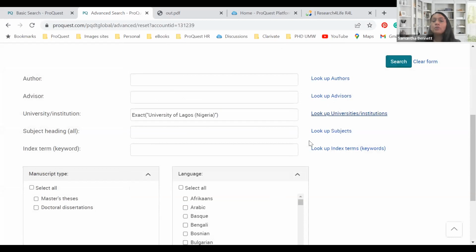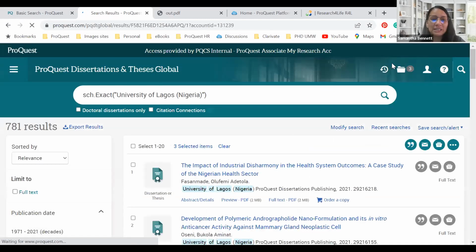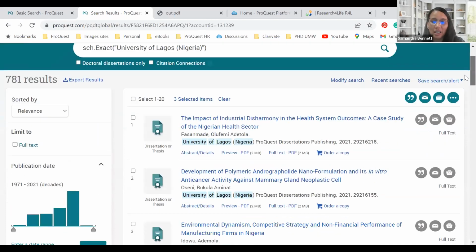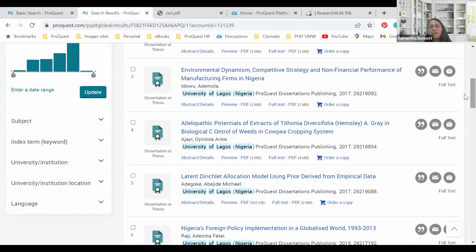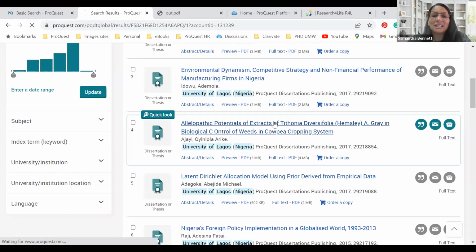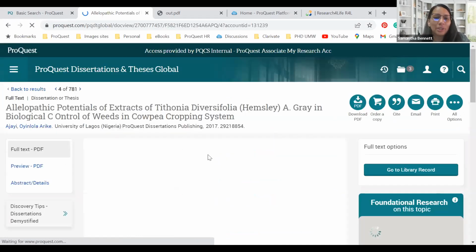I didn't add any search terms. If you want to see what your university has been contributing, I just want to see what my university has been having access to and what students are wanting to write on. Remember, I said if you are writing any dissertation and thesis and you're uncertain about the structure on how to do the layout, you can use this platform and come to any of these dissertations and open the latest ones up to see what the university students are doing these days.